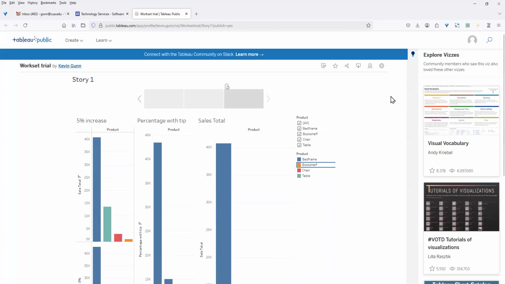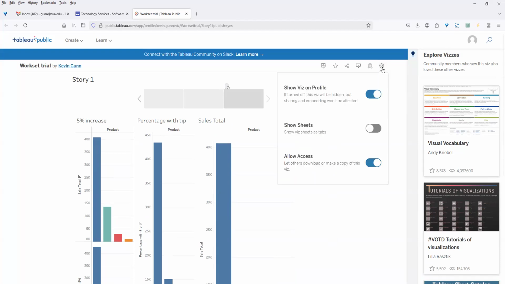What you can do as well, if you look at this under settings here, if you click on that, you can show a visualization on profile. So it'll be hidden. On your profile, you can display your understanding of this. If not, you can just keep it hidden. You can show the data sheet. So if you look up here, there's nothing here, but if I click on there,